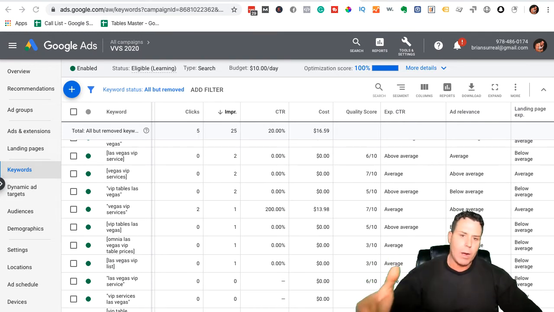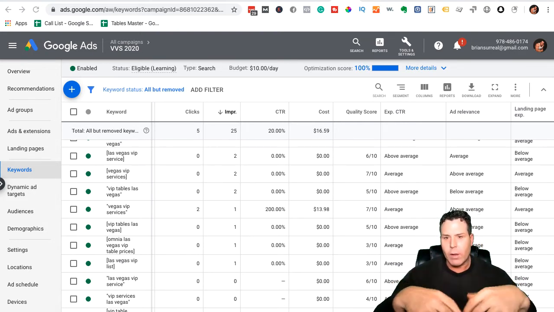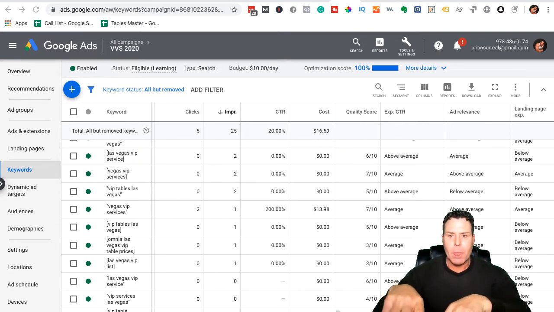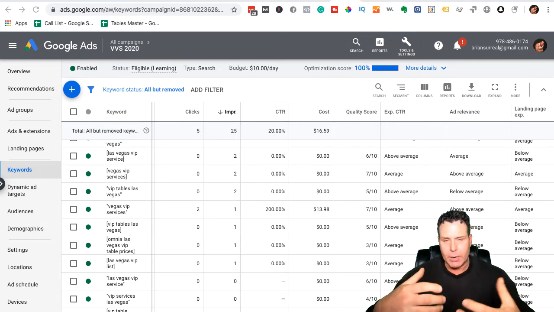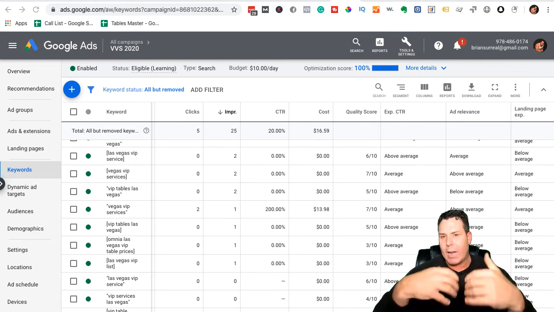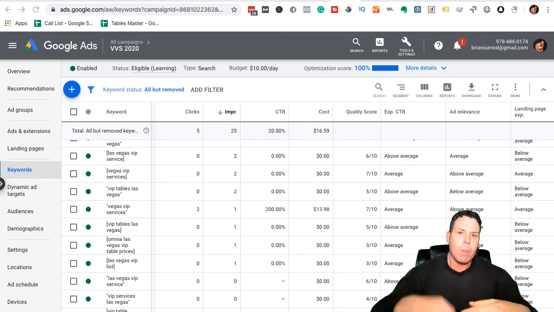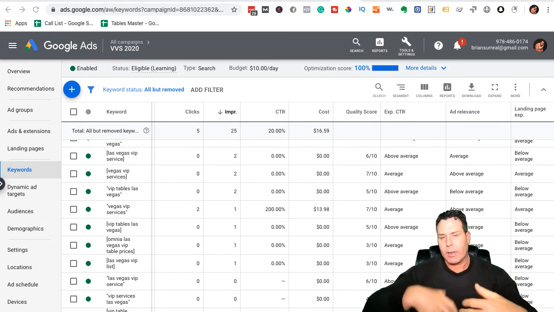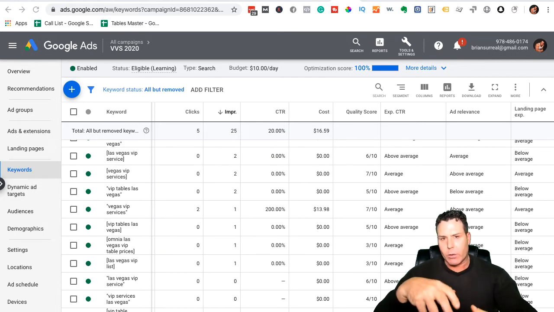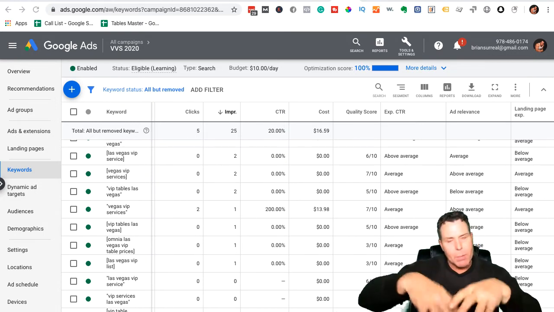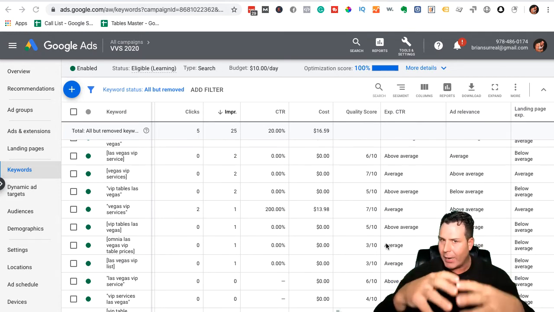Okay, the whole goal of Google is to give their users the best possible experience. So if someone Googles bachelorette parties in Las Vegas, then you want to give them an article and some information about bachelorette parties in Las Vegas. Common sense. If somebody Googles bachelorette party ideas in Las Vegas, well, then you're going to want to write an article with some images and maybe some video on bachelorette party ideas in Las Vegas. And you improve the user experience, your ads become very relevant, and then those clicks are going to turn into conversions because you're giving people what they're searching for. And that's the whole idea here. Okay, so if you can understand that, that's really the main thing you need to understand.